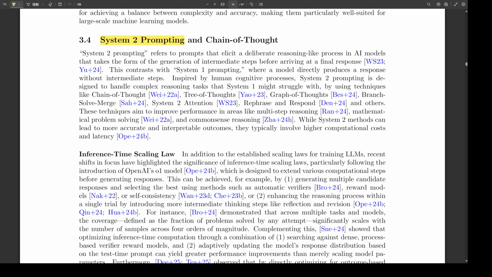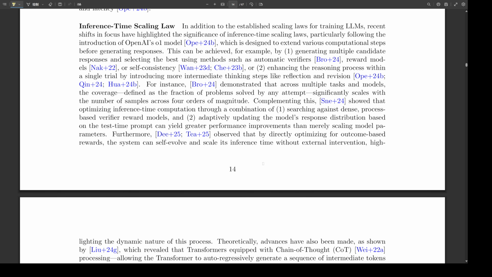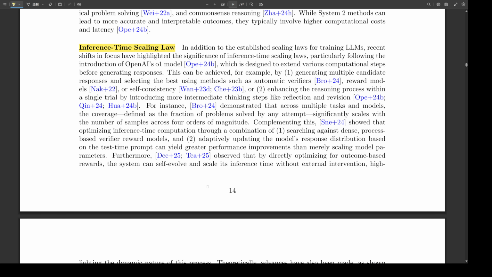Absolutely. Now, another aspect of trustworthiness mentioned in the paper is watermarking. What's that all about? So imagine you have an LLM generating text. How can you tell if that text was actually generated by the model or if it was written by a human? Watermarking is a way to embed a kind of hidden signal in the generated text that can be used to prove its origin. It's like putting a secret mark on something to identify it later. Exactly, and it's done in a way that doesn't affect the readability or quality of the text.